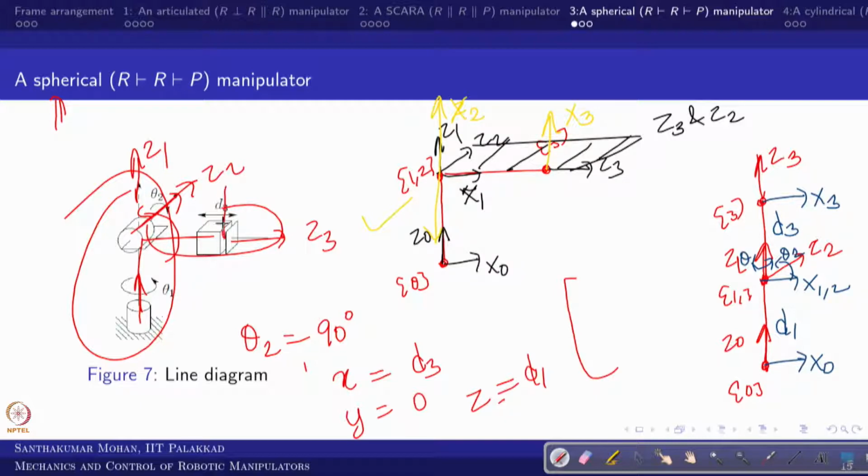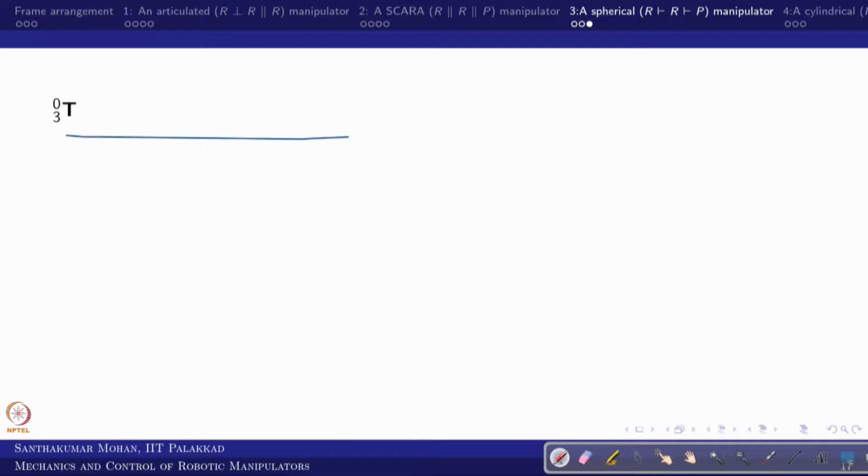This is what we put as X3. So X3 is on Z0, so 0 0 1, okay. The second one is coming back. What would this be? This is what Y3 comes here, but here this is opposite. So 0 minus 1 0. The third one is 1 0 0, right? We will cross check that it is obtainable here.